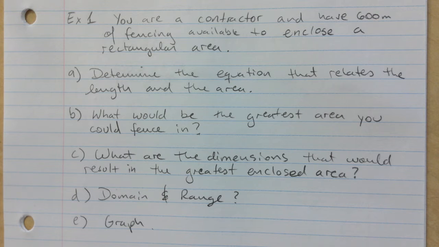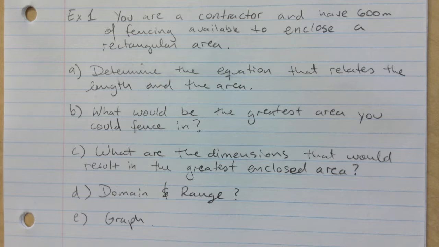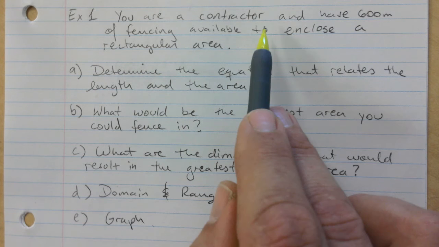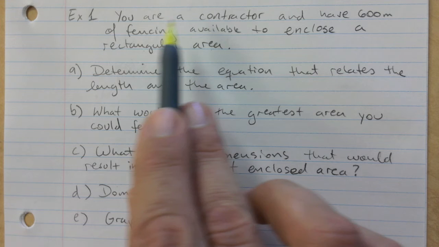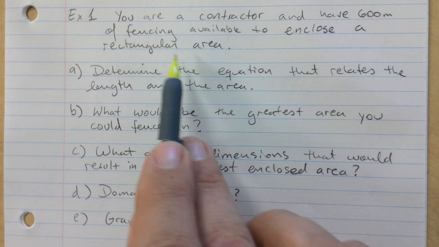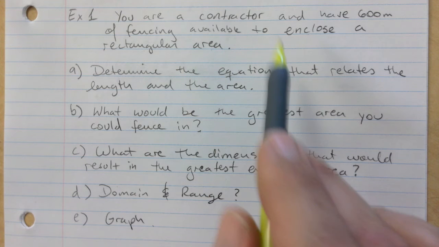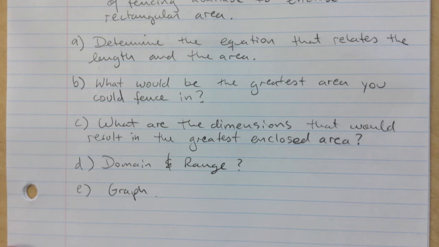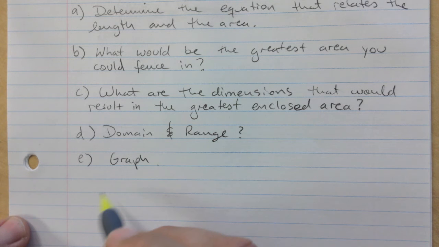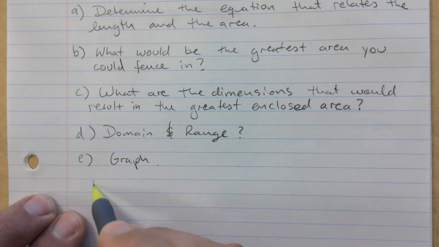So we're enclosing a rectangular area. There is no other detail given. You're not splitting it up. It's just literally a rectangular area. It's as simple as it possibly gets. So we're going to start with a simple scenario here, okay? So the first thing I would do is make a diagram of the situation,